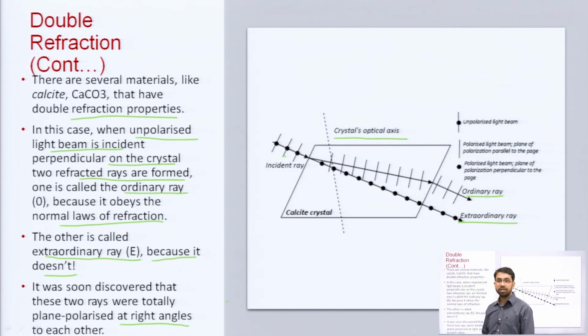As we can see in this diagram, these two rays are completely plane polarized, and the plane of polarization, the electric field vector, is vibrating like this in one, and like this in the other, mutually perpendicular to each other. Okay. So, this is double refraction,